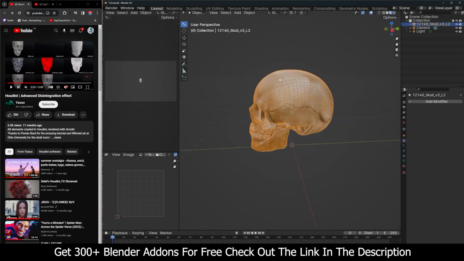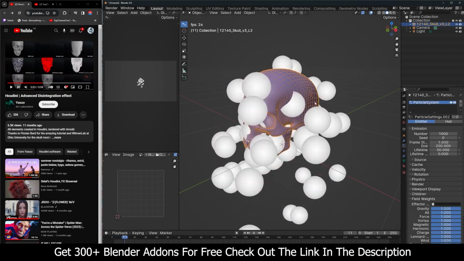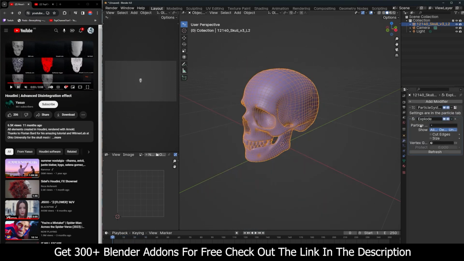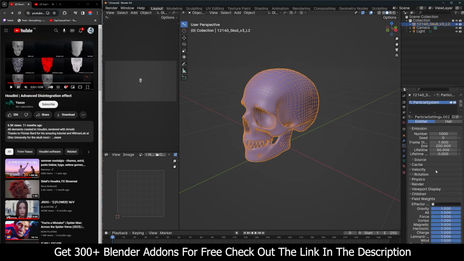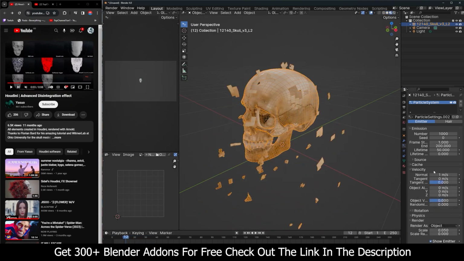Yeah, let's first set up a particle system, disintegrate this, add a new particle system. If I hit play, you can see the particles are just falling. If I use an explode, you can see the meshes are turned into the particles, and I can go to the particle system and under render, change the render as to object and leave the instance empty so that I only see the faces. I'm also going to go under velocity, make sure this is set to 0,